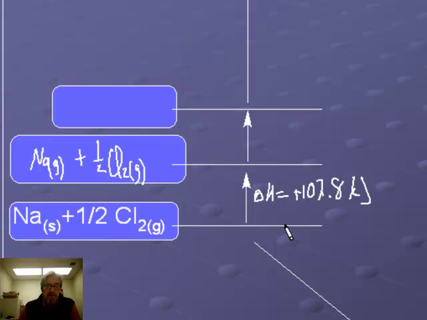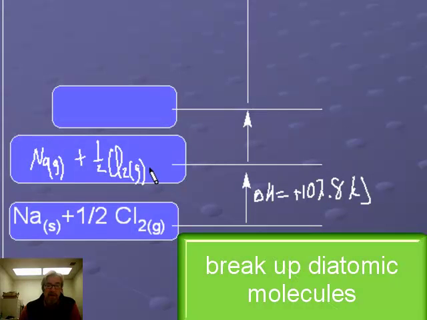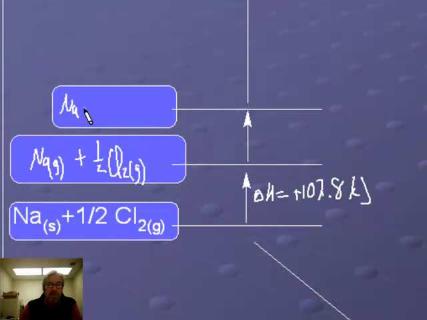The next thing that has to happen is the chlorine molecules have to be broken up. So that's the next step. You have to break up the bonds on diatomic molecules. So now we're going to Na gas plus a single Cl atom in the gaseous state. That's an endothermic process. It takes energy to break bonds. And so we have a positive 121.3 kilojoules